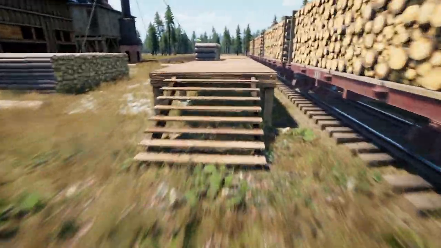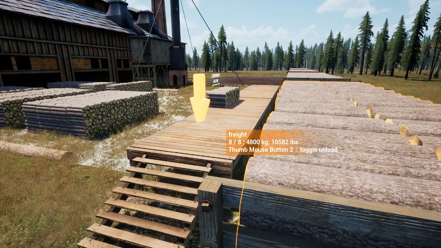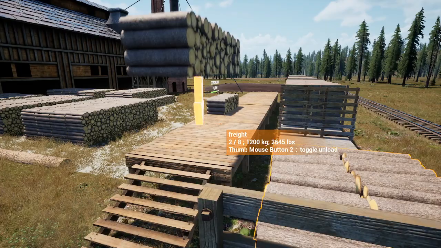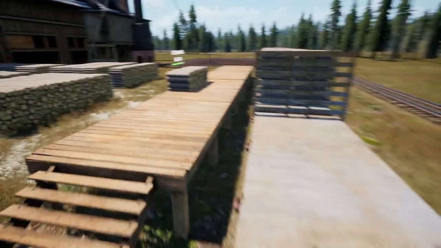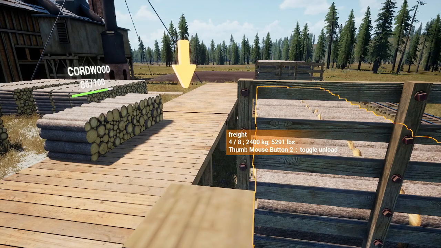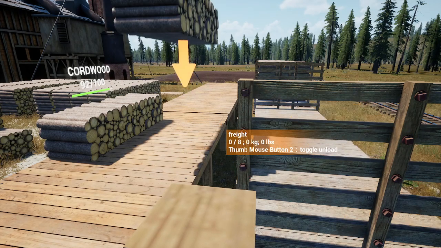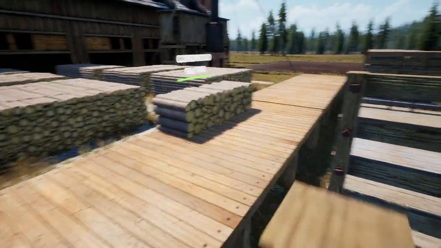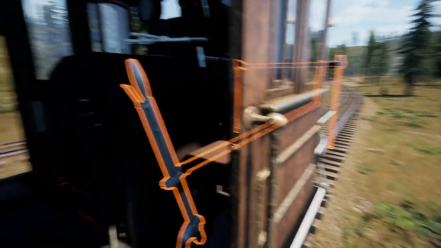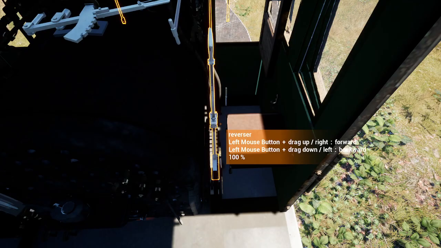Alright, guys, let's get out here and get this unloaded. And we got 64, 2, 4, 6, 8, 10, 12, 14, 16. Another 16. And that's 96. And I am not going to waste my money on that, guys. I'm just not. I was going to put the other 4 in there, but we're going to put the reverser in forward